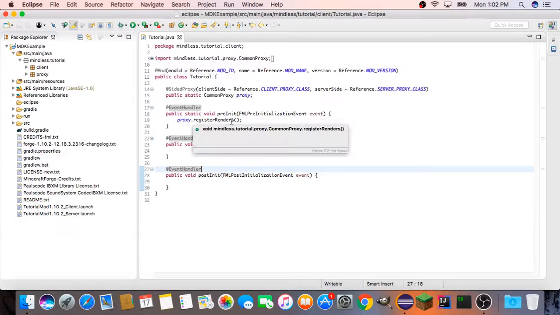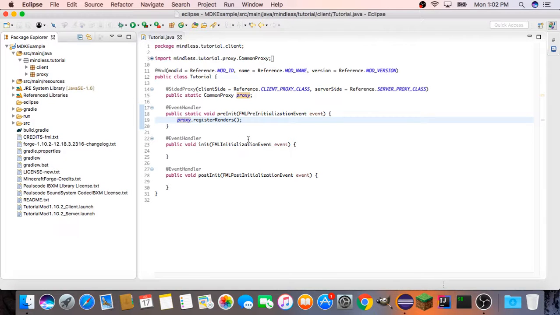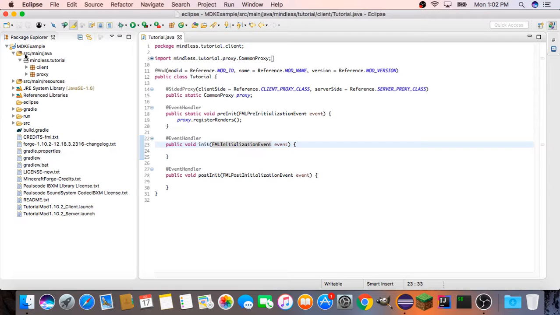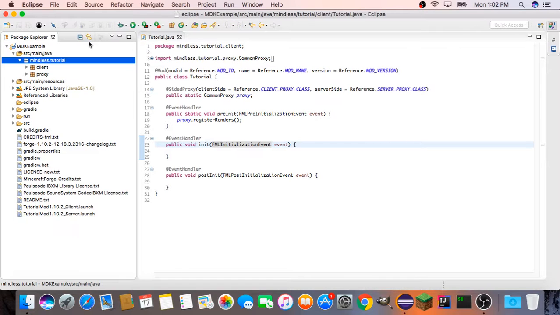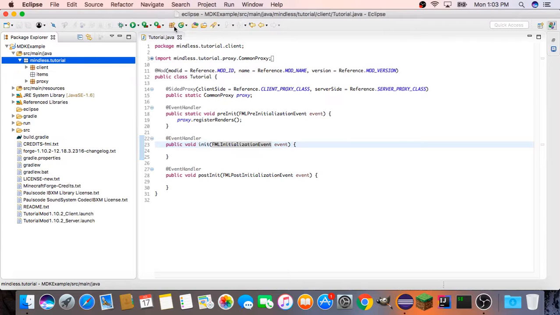Hey guys, it's me Marvelous Gamer and we're back for another Minecraft modding tutorial for 1.10.2, and in this tutorial we're going to be creating a basic item. In the last tutorial we set up our main mod class and the proxies, so let's get started. In your main package you want to create a package called items and a package